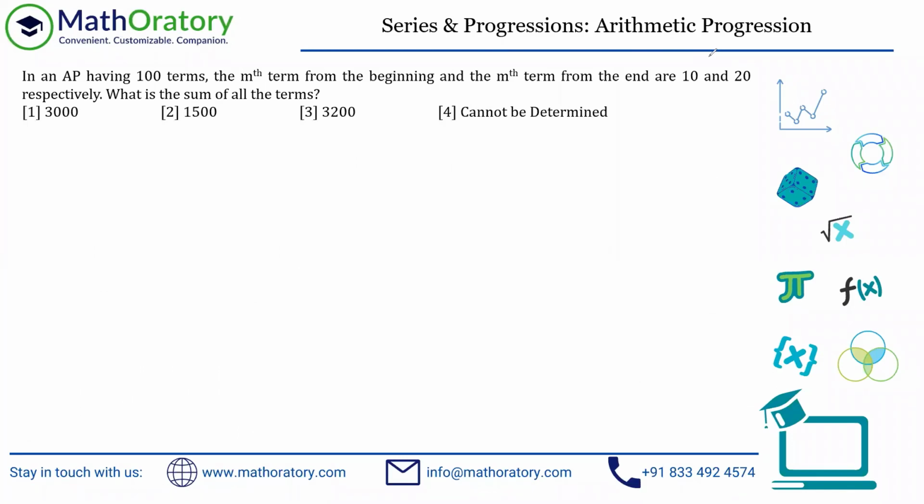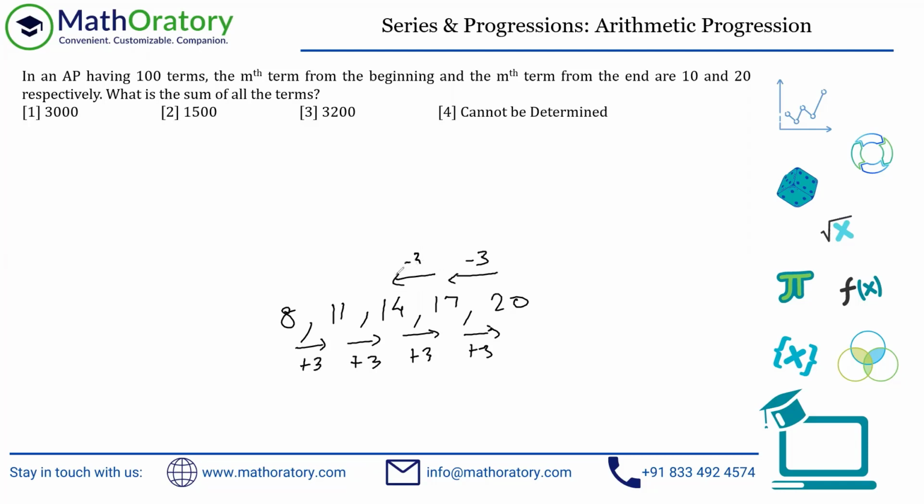This is a very nice question when it comes to AP. So suppose I have this AP. Now, this has a common difference of 3, right? Because it's an AP, you add a constant value on this side to get the next term, isn't it? On the reverse side also, you need to subtract a constant value to get the previous term. This will always happen in an AP, right? Now, because this happens, it is very natural to understand that if I add this 8 and 20, I'll get 28. This 11 and 17 should also be equal to 28, right?